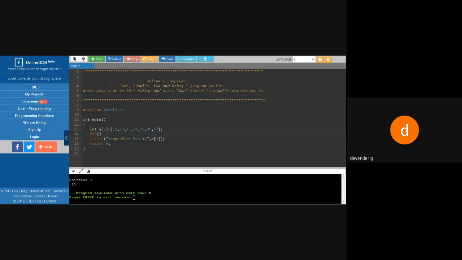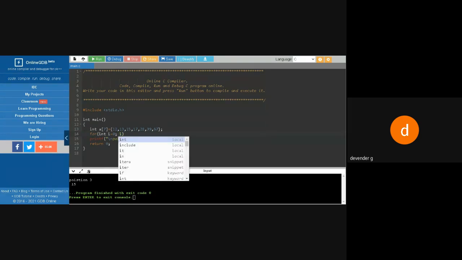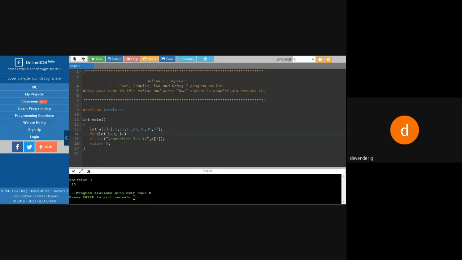I need an integer. So I'll say int i equal to 0, because as I said, the index starts from 0. Then how many are we having? i less than 7 and i plus plus. Now I'll print this one, one element at a time.